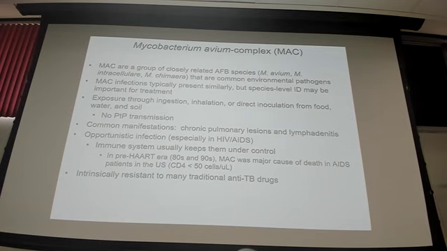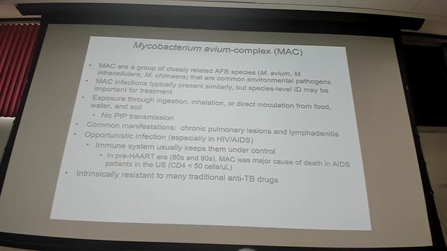As I mentioned earlier on, most of the 190 plus species in this genus are environmental bacteria. So these organisms, avium, intracellulare, and chimaera, are environmental pathogens that we tend to pick up in opportunistic settings like healthcare settings. Fortunately, transmission is from whatever the environmental source is, so inhalation, inoculation, wounds, things like that, ingestion. We don't transmit person to person because these bacteria do not establish deep respiratory infections, so they don't get into our aerosols.